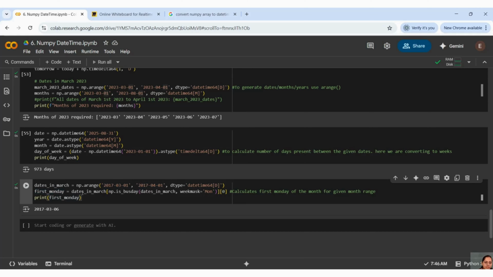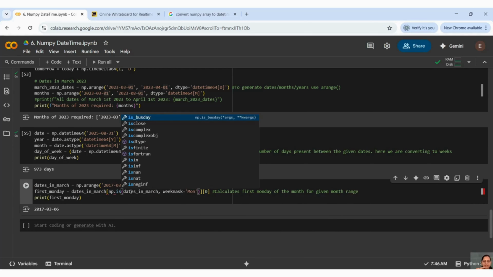So how to do it? Dates in March. Then you have to use np.is_busday. There is something called np.is, and you can see there are so many is functions. Each business date is going to tell you whether it is a business day or not.